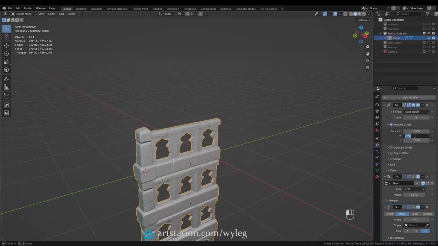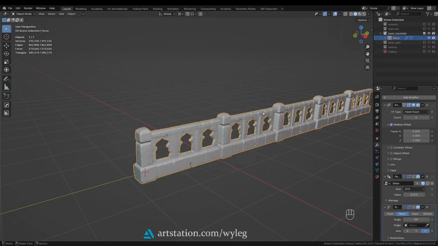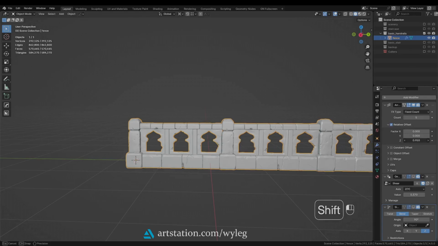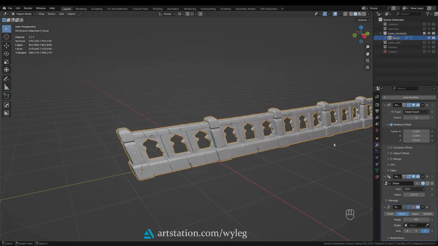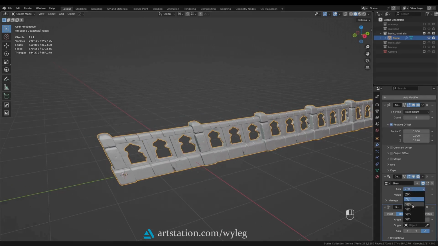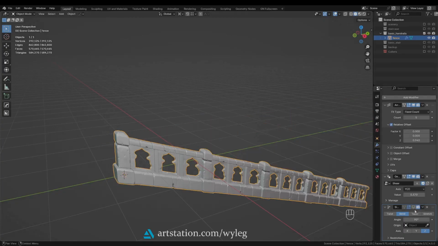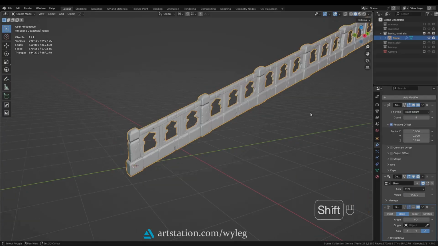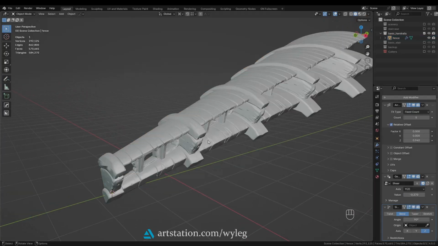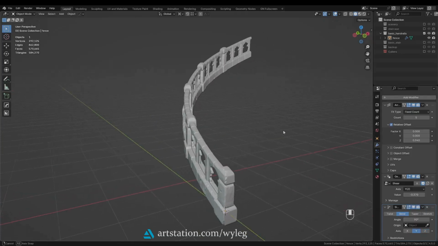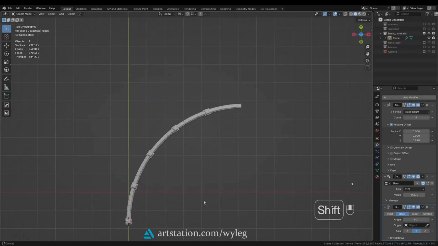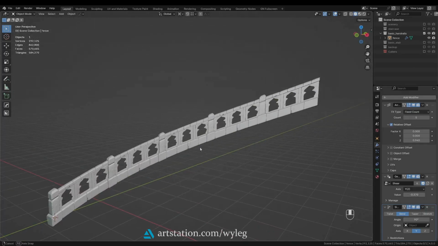Let me do this real quick. Like so. And we get the desired result. Voila! We have spiral handrail for the staircase.